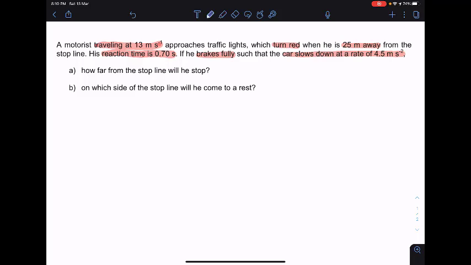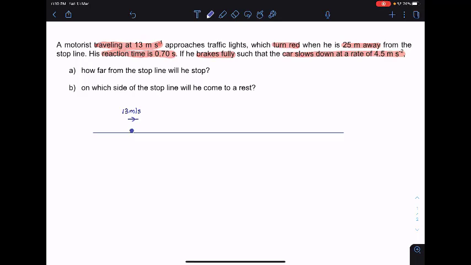So to help us understand the question, let us first draw a diagram. So I have a motorist, okay, and it's traveling. So I'm going to just represent the motorist like a particle. So it's traveling at 13 meter per second when it approaches a traffic light, okay, which turns red, and he